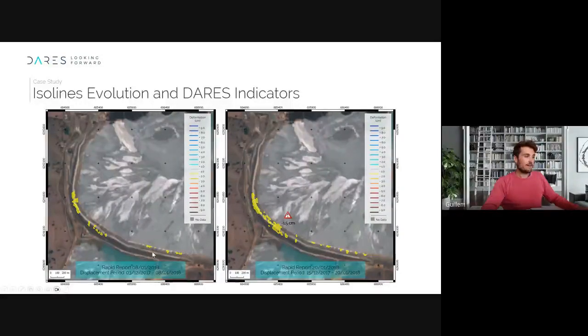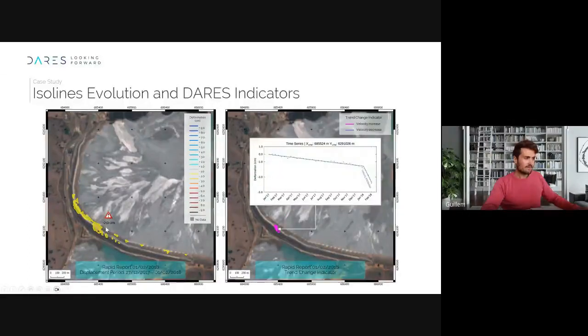Here you can see what I have shown now. We were performing an analysis on the 8th of January, and we saw some deformations. 12 days later, we saw that the displacement increased. It was 1.5 centimeters. Then on the 1st of February, we saw it increase even more, and we could see that the velocity was increasing